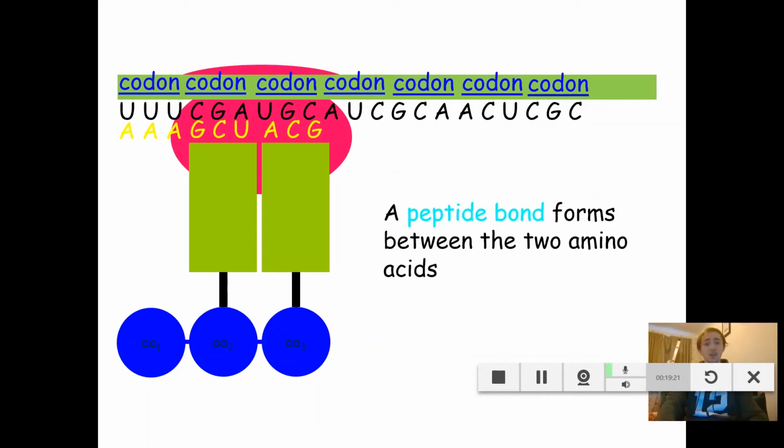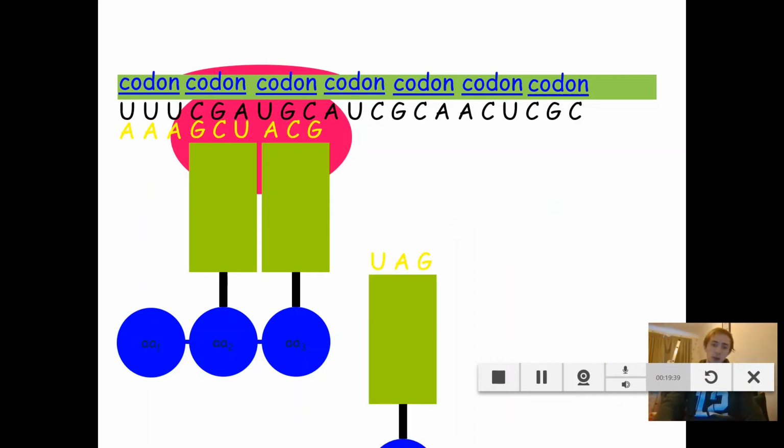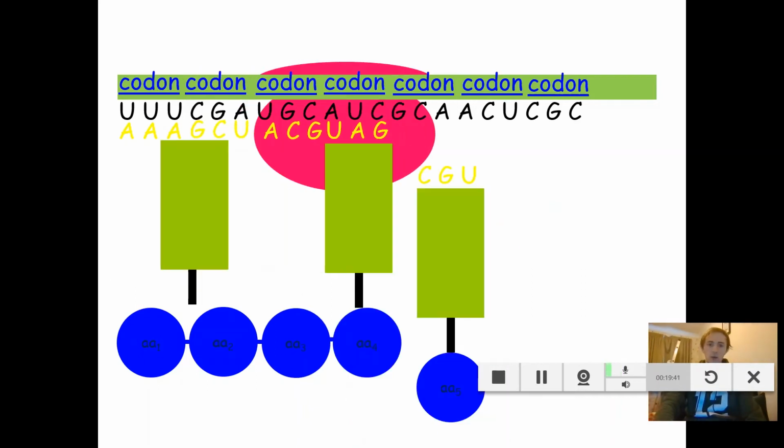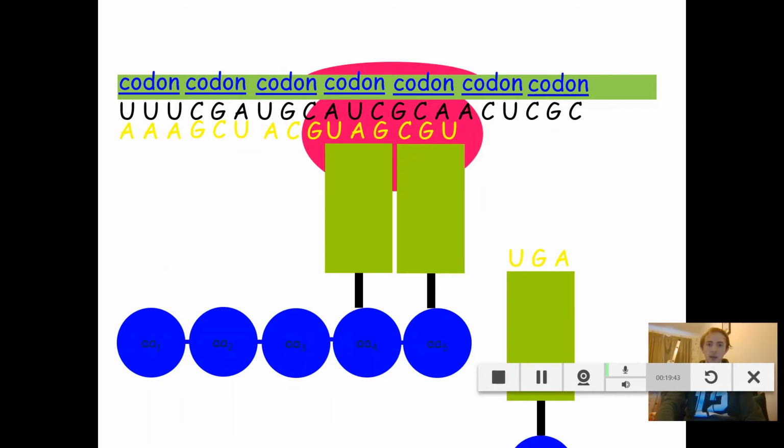And from this point on, it's just a repeated cycle. This tRNA will now break off, the second tRNA will now break off, leaving behind the third tRNA. The ribosome will move along, another tRNA will come attached to this AUC codon, and you hopefully could predict that will be UAG. And on it comes, and there's no more notes from this point up until the very end,